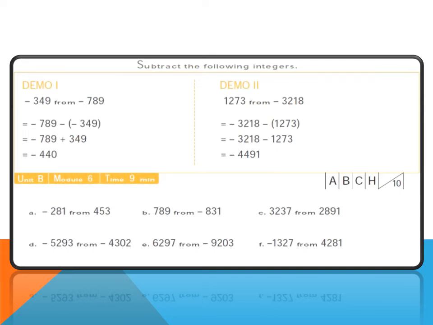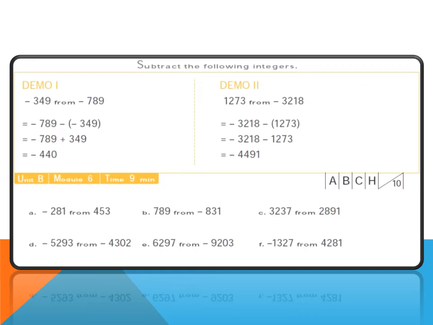Why? Because one number is negative, one number is positive, the operation will be subtraction. That means we will subtract. What we will do? 789 minus 349 and we will get 440. And what will be the sign? The sign will be that of the larger number. Here the larger number is 789 and the sign in front of 789 is negative. So our answer will be negative 440. That means minus 440.